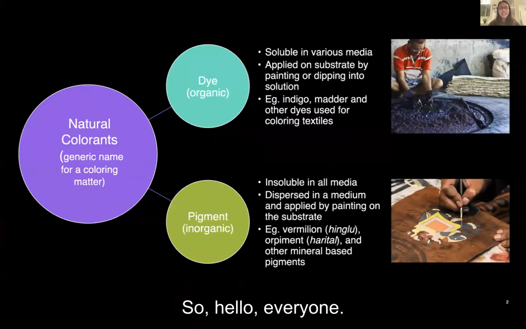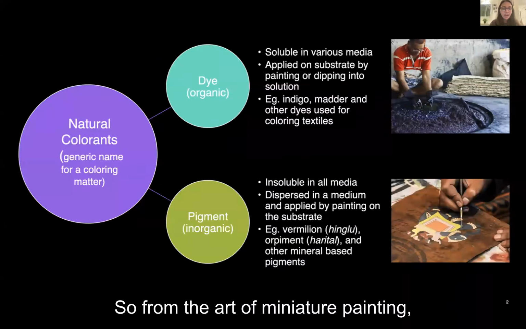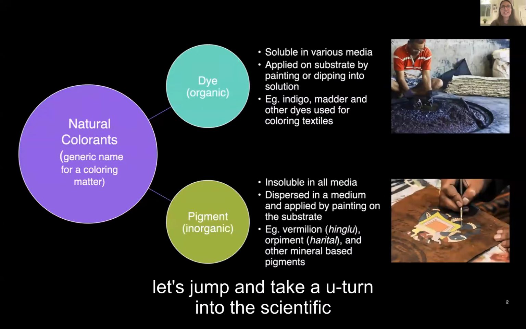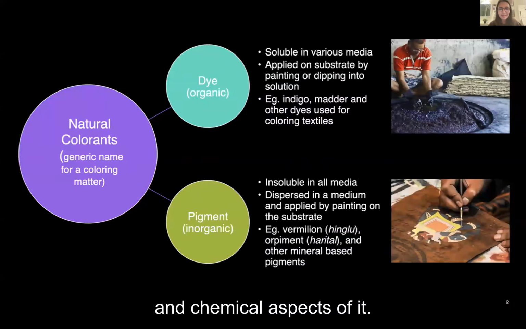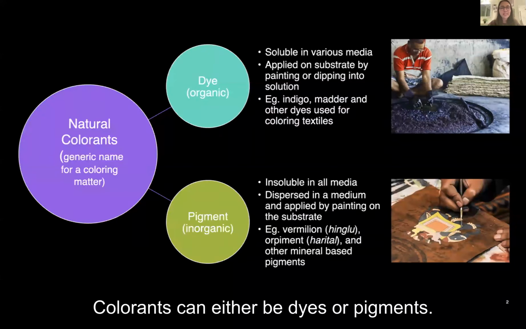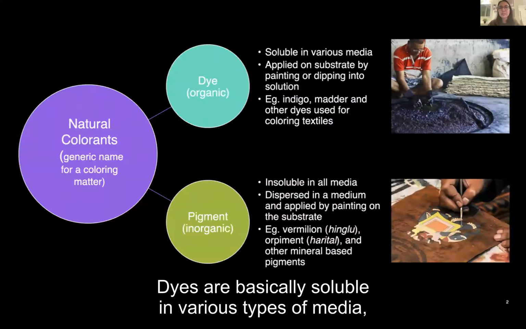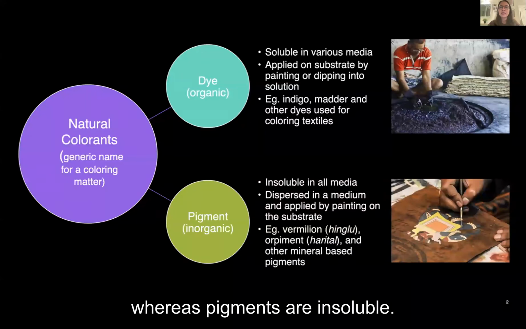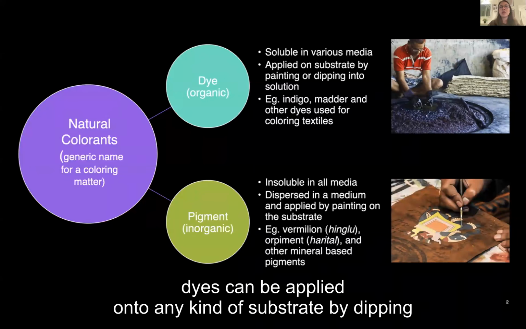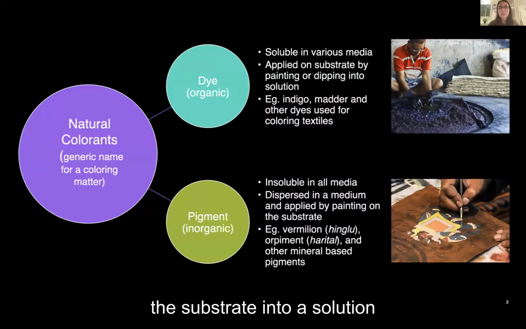So, hello everyone. From the art of miniature painting, let's take a U-turn into the scientific and chemical aspects of it. Colorants can either be dyes or pigments. Dyes are basically soluble in various types of media, whereas pigments are insoluble. Because of being soluble, dyes can be applied onto any kind of substrate by dipping the substrate into a solution